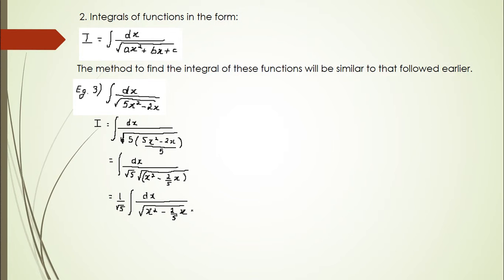Now, as we did in the earlier problem, the coefficient of x is 2 by 5. So here in the denominator below this root, I have to plus and minus 1 by 2 of the coefficient of x whole square. So I'll get this is equal to 1 by root 5